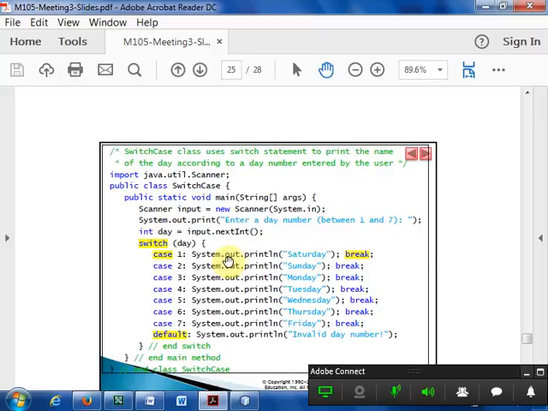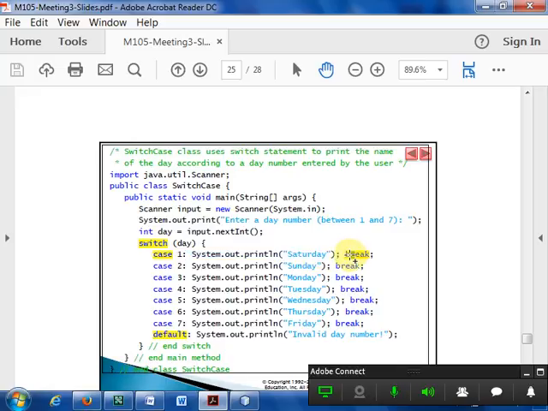So switch will compare the type of the value of the day, which should be equal to the type of these case values. And as the day is an integer, it means the case values are also integer. If the day is character, the case values are also character. If it is a string, the case values are also string. So here the day is an integer, we enter the day and we'll check if case 1. So if you enter 1 here, case 1 is a match. When there is a case match, it will execute the statement in that case,